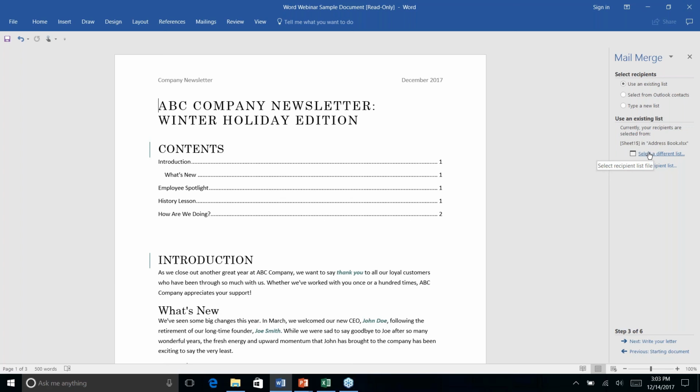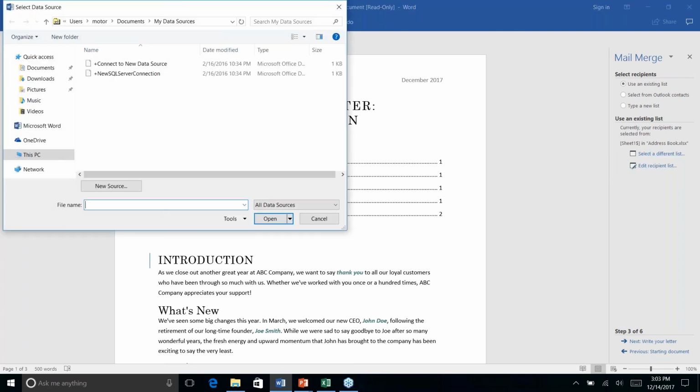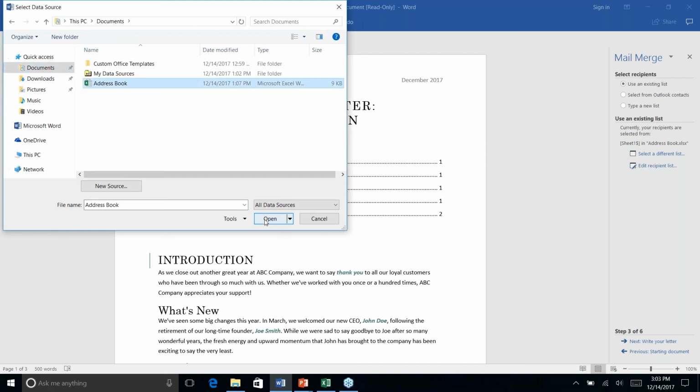So I'm going to click here where it says select a different list. I'm going to come to my documents where I have saved my address book. Now, of course, where you save your address book or what you title the file is going to be up to you, but this is